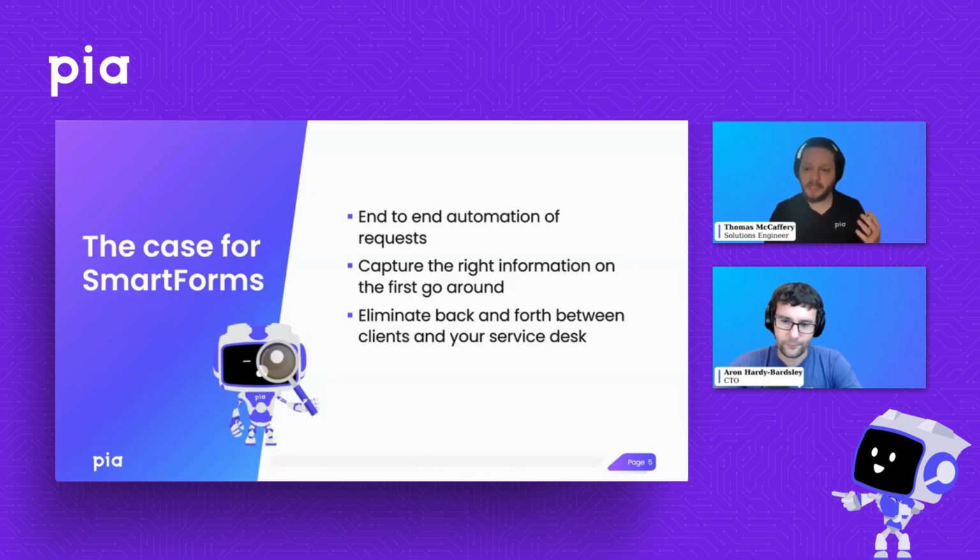I'm sure you've all seen it before, where a ticket will come through from a client, and you'll be like, well, this is fantastic. This is 99% of what I need, but I now need to send them an email. They might not get back for a couple of hours, maybe a day or two. That's just driving up your average resolution time. So Aaron, talk to us a little bit about how Pia solves these specific areas?